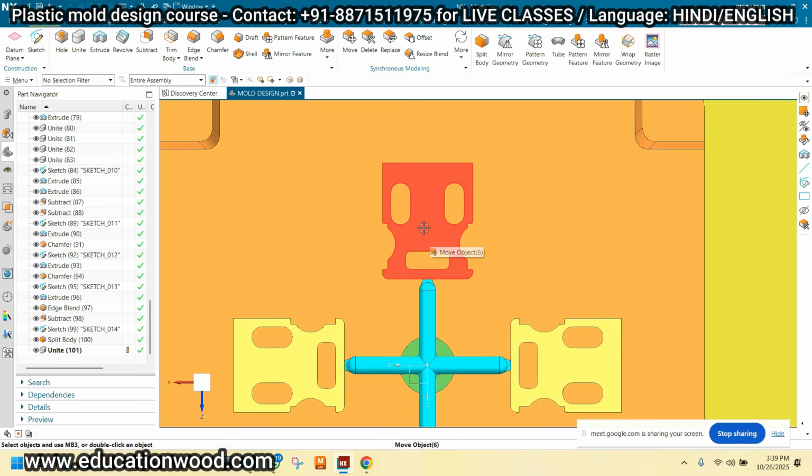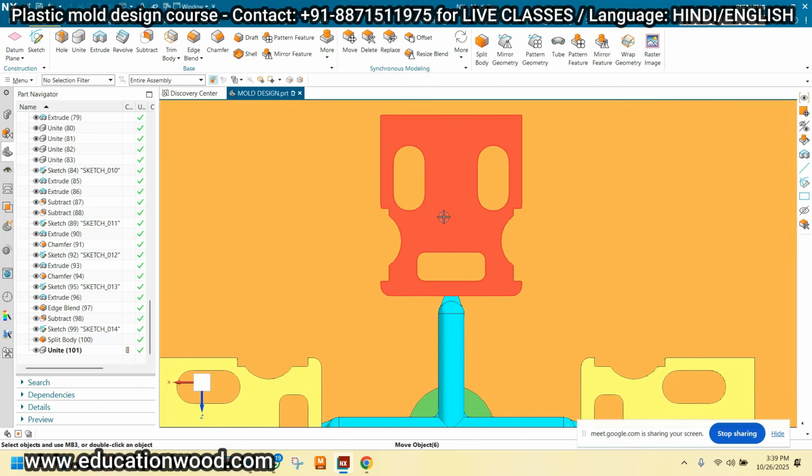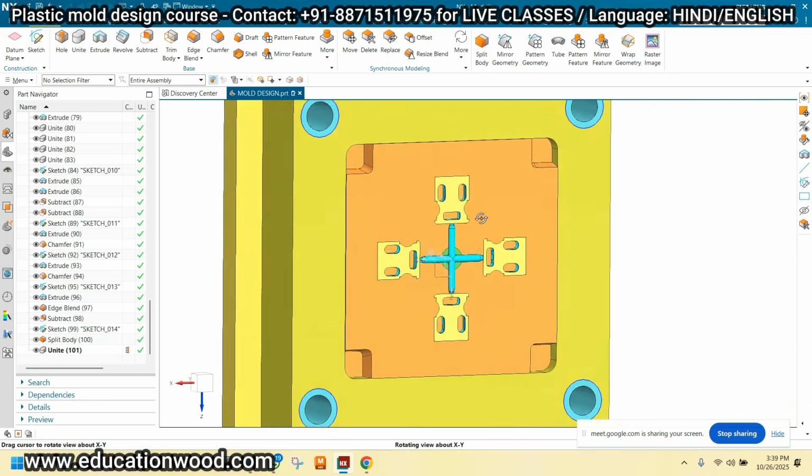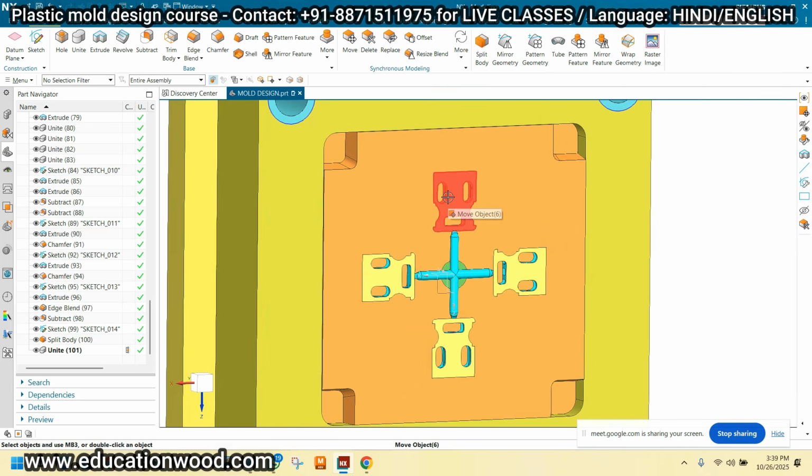So we have to discuss with the customer what approach we can use. If the customer agrees, we can provide the ejector location here, but discussion with the customer is very important first of all.